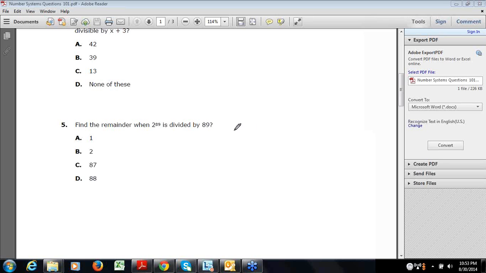So what you have to do is find out something which can give easily the number where 89 is divisible and gives a remainder of 1, 2 or something which can be easily simplified. So if you find 2 to the power 11, which is 1024 into 2, that is 2048. 2048 upon 89,